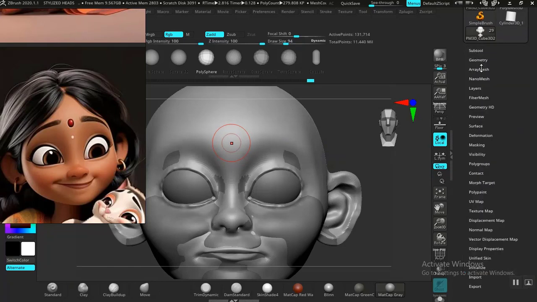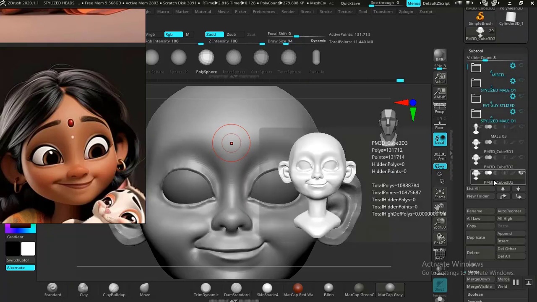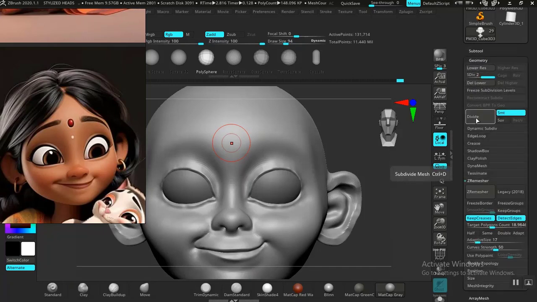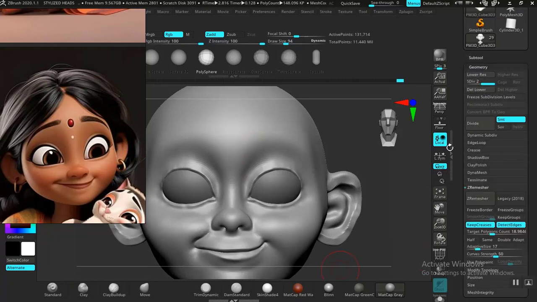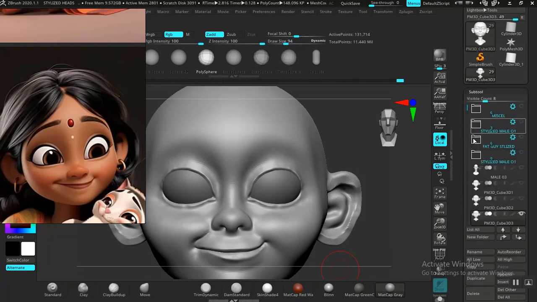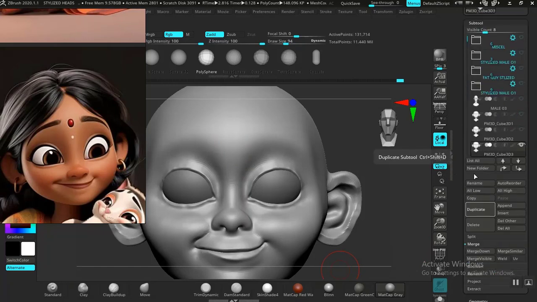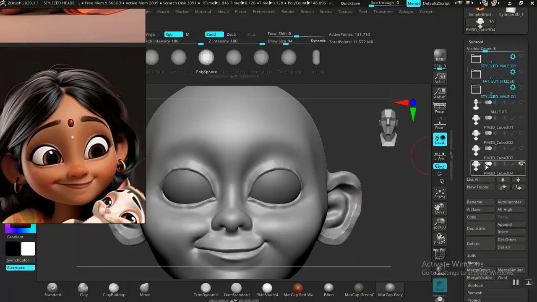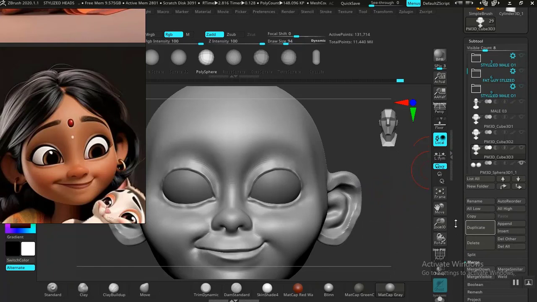Okay, so I'm going to select this. I'll just do a duplicate for this. And okay, now that won't even be necessary, so I'll just delete it. So what I'm actually going to do is